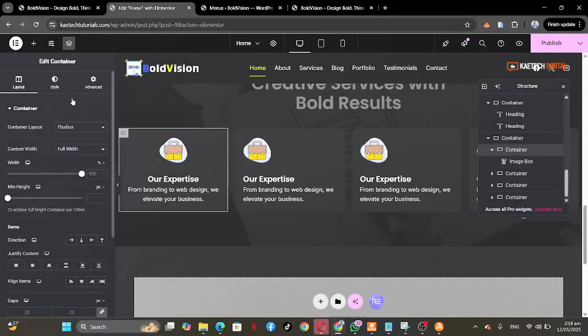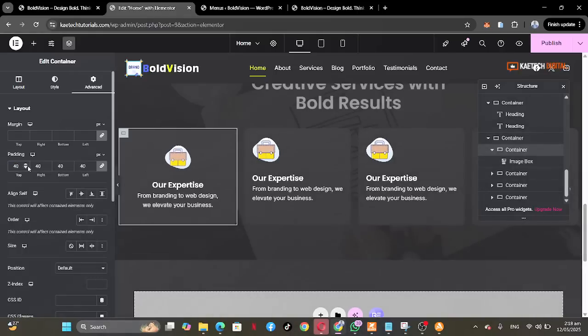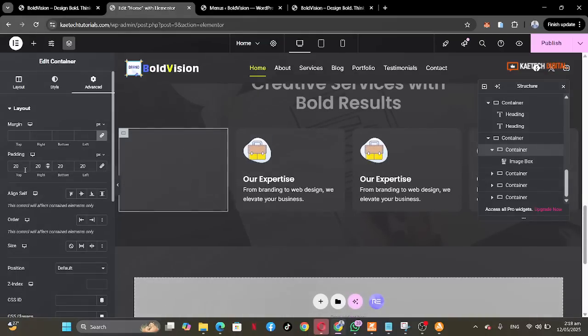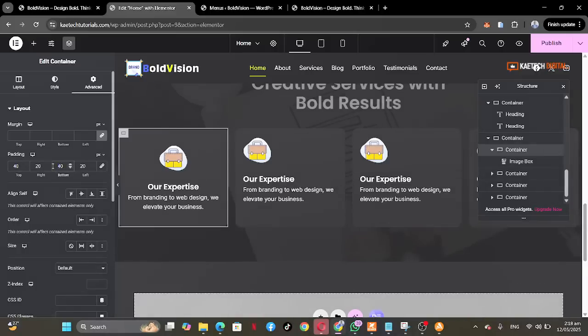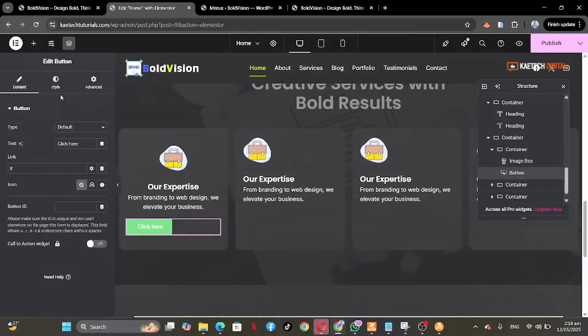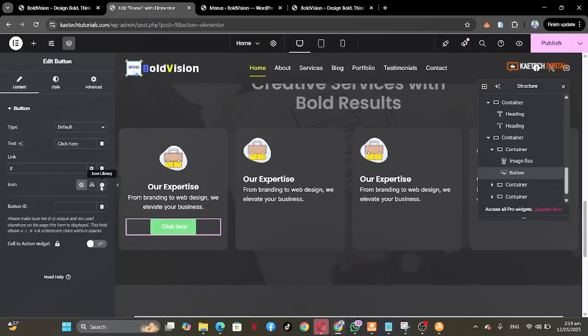So we go over here and we go to advanced, and we're gonna give this one maybe 40 or the, oh sorry, let me just give it the 20 over here and unlink the padding, and then give it, let's say 40 at the top and then also 40 at the bottom. And we're gonna come over here and then drag in a button inside here. Let's position the button in the middle over here, and what we will do is we'll add an icon to it,